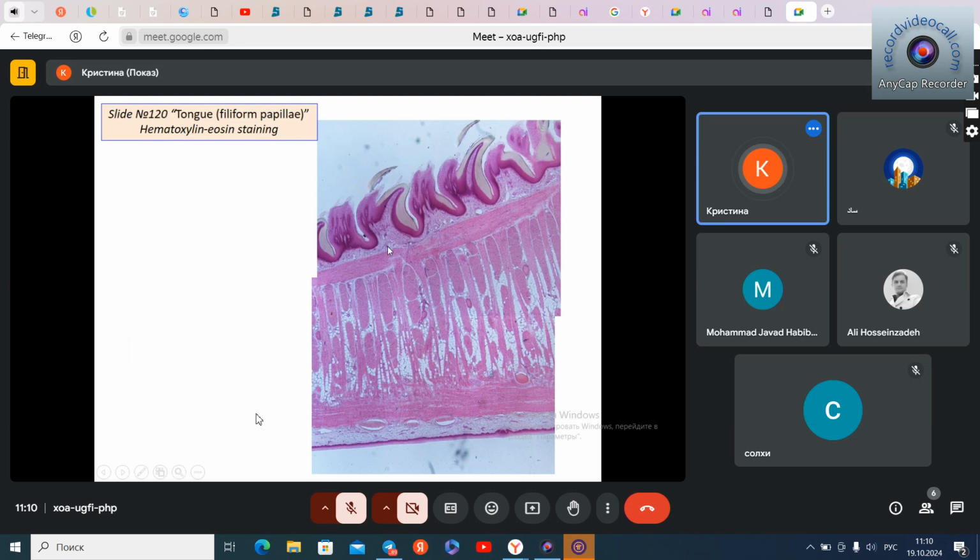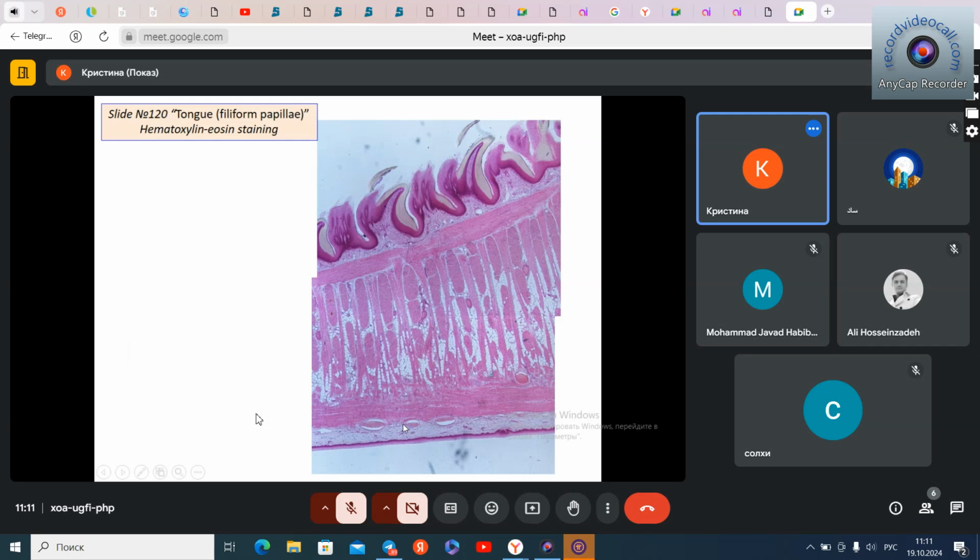This is the lamina propria mucosa, and it is attached to the skeletal muscle fibers of the muscular body of the tongue. In the muscular body of the tongue we have different planes of sectioning of the muscle fibers, which go in 3 dimensions. In the lower surface of the tongue we have